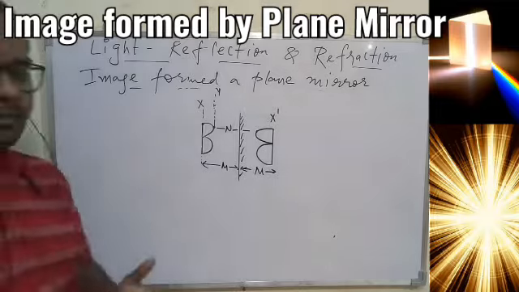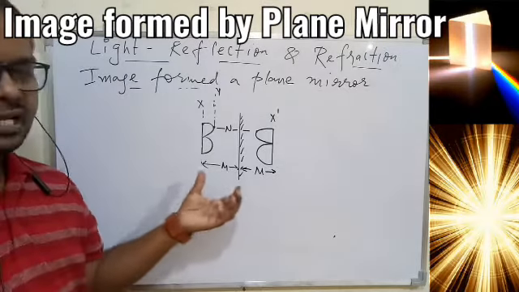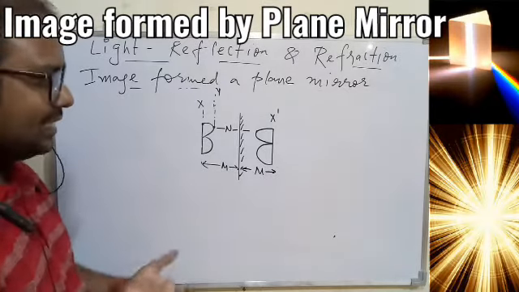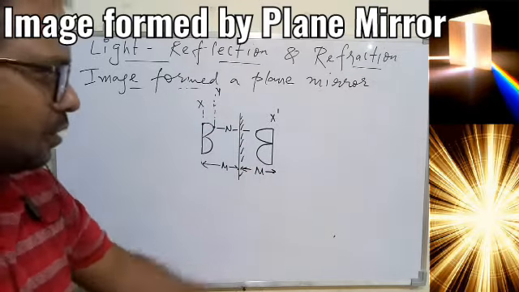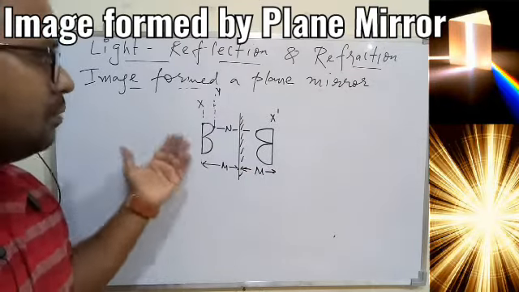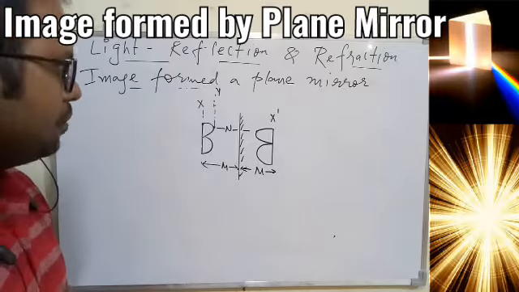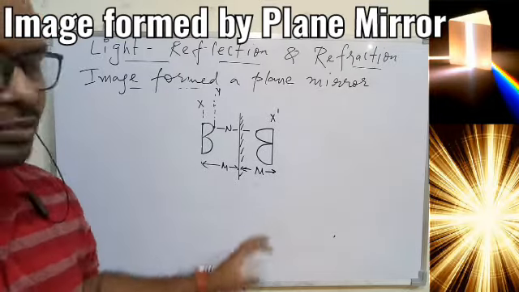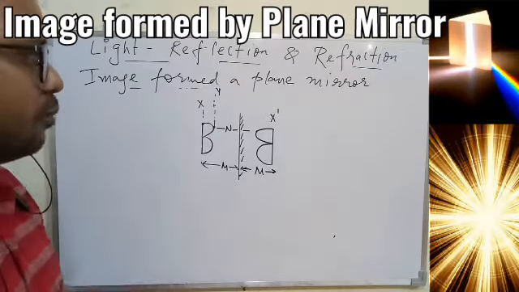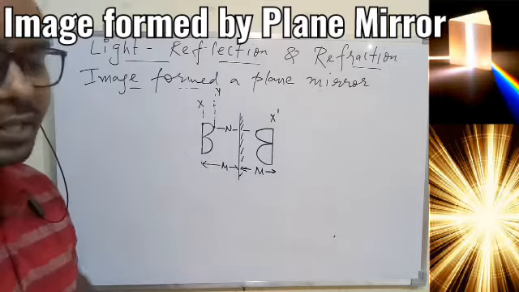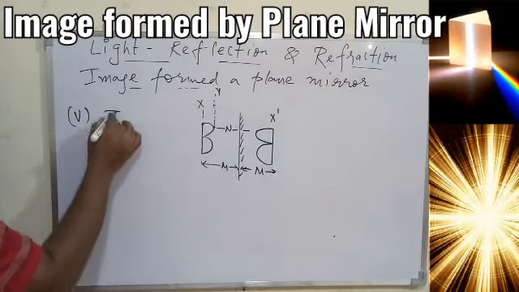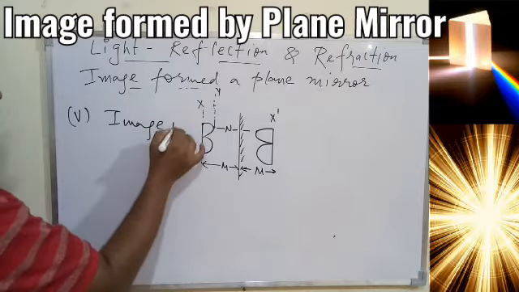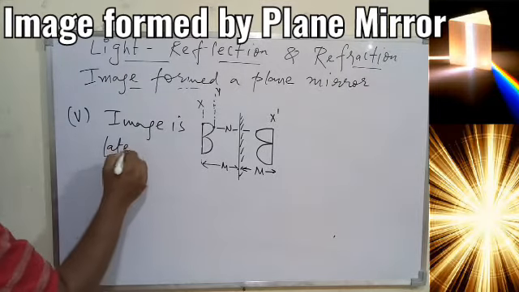So applying this concept, that is the object distance and image distance has to be same, we are finally getting that if you write the B this way, in the mirror it will look like this way. Okay, so this is nothing but the image is laterally inverted. So the left and right gets interchanged in the image, and this property is called the laterally inverted image. So we can say the last property we have, I think number 5, image by the plane mirror is laterally inverted.